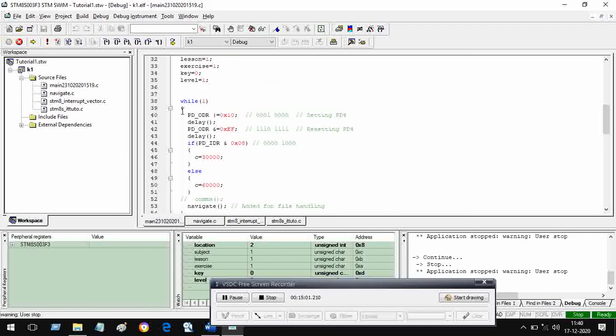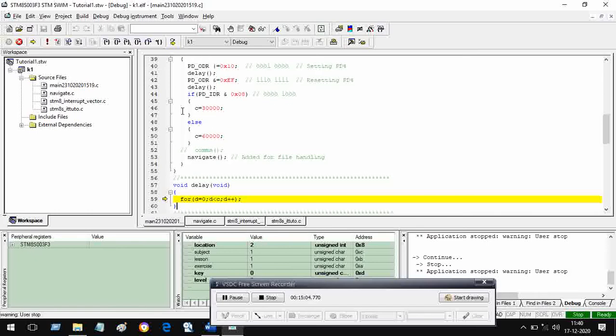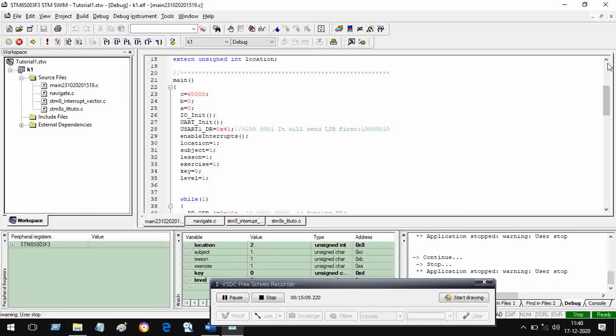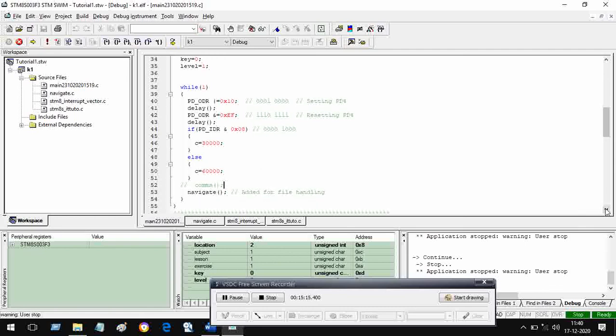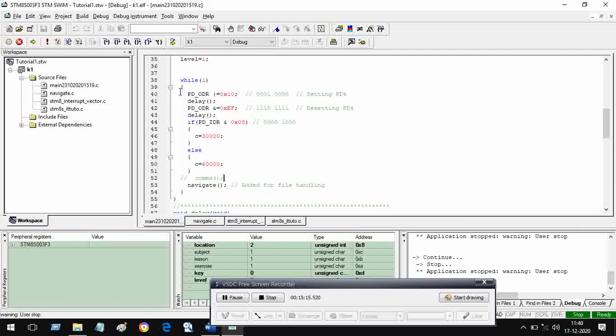In the main loop, we have added, as you can see, in this loop which starts from, let us see, yes. So this is the while loop, it starts from here and ends here.